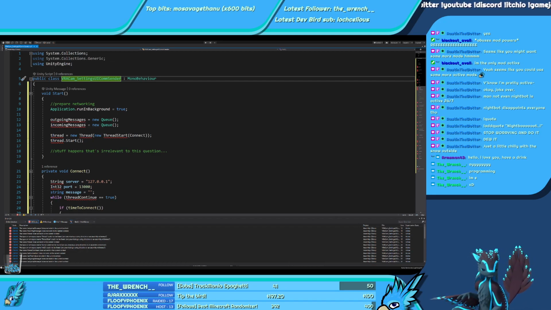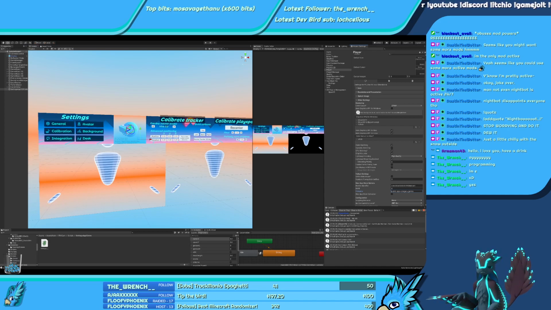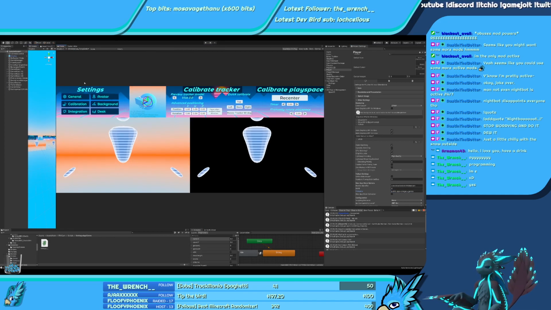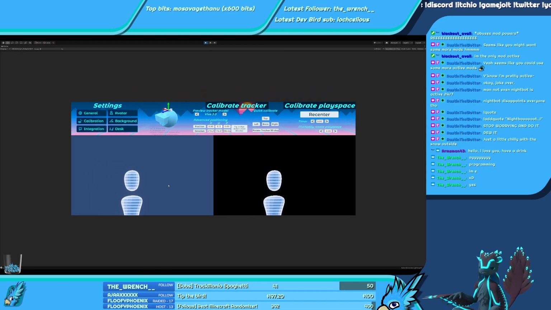If you're wondering what I'm doing right now, I am currently working on a VR application that I call the VRA Webcam, which I'm also using in that corner.